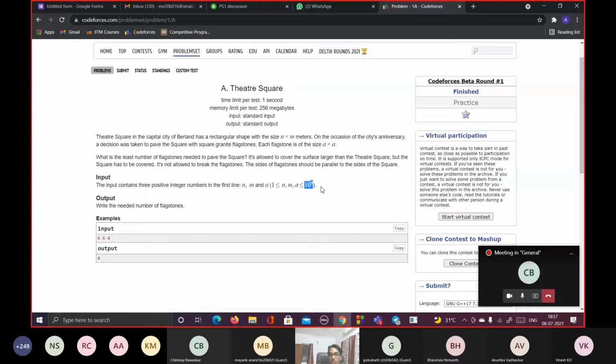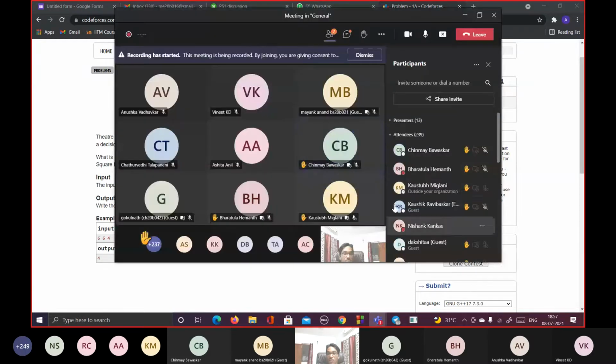So you use a modifier called long int, and long int is actually the most preferred one. In most questions in Codeforces, the size of each integer usually ranges from 1 to 10 power 9, so it's always preferred to use the long int modifier.